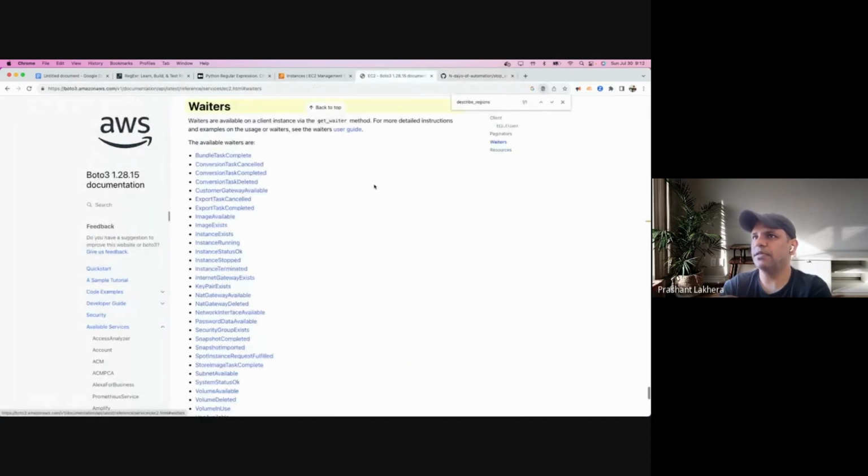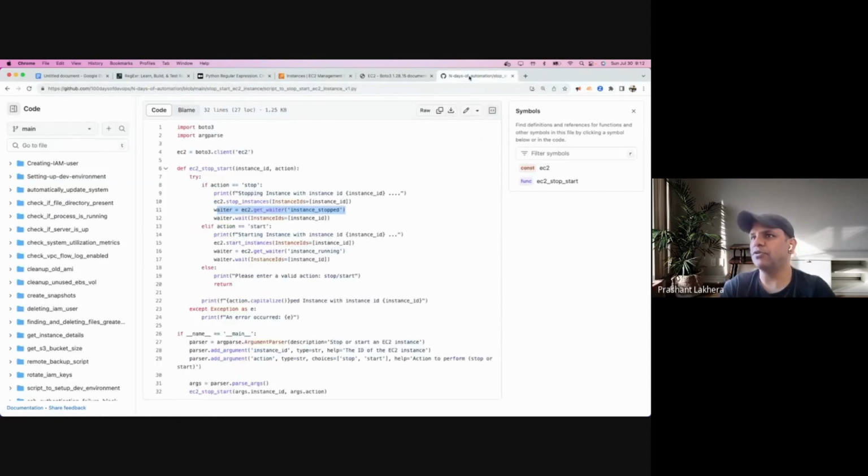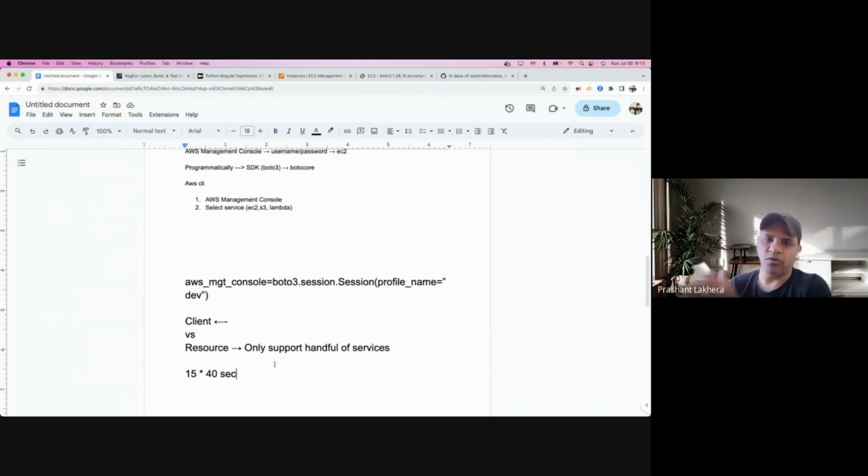Where is that? Waiters. So it has different values, like instance in running state. I can show you here. Get waiter, instance_stopped, instance_running. There are a lot of states. So either you can write your own loop which says, okay, check this instance. And I know in a production environment, you are not just going to add the instance back to your primary pool. You are going to do some kind of health check to see if the endpoint is available or not. But this is just from the instance point of view, to see if the instance itself